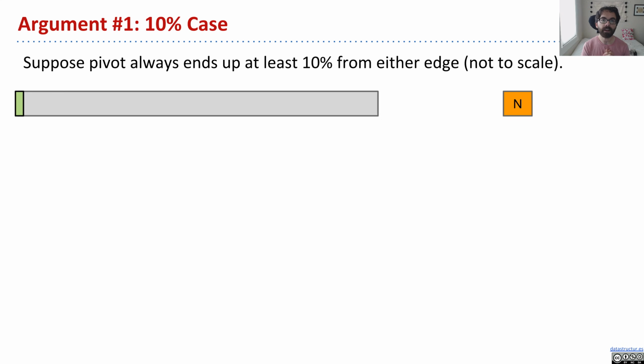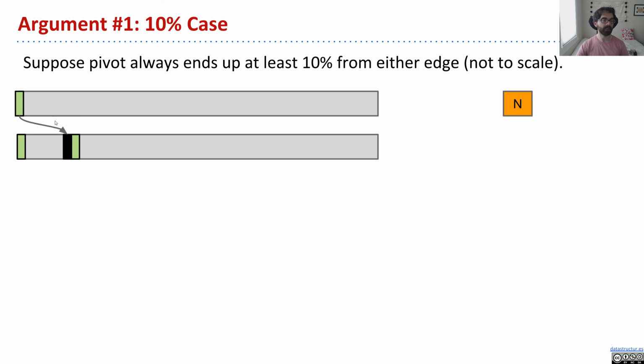Okay, so let's talk about this first intuitive argument, which is what I'm going to call the 10% case. So let's suppose the pivot always ends up at least 10% from either edge. So it's not the best case, where it ends up directly in the middle, but it's not the worst case either, where you're right next to where you started. So in this case, maybe it ends up exactly at the 10% mark, as bad as it could be